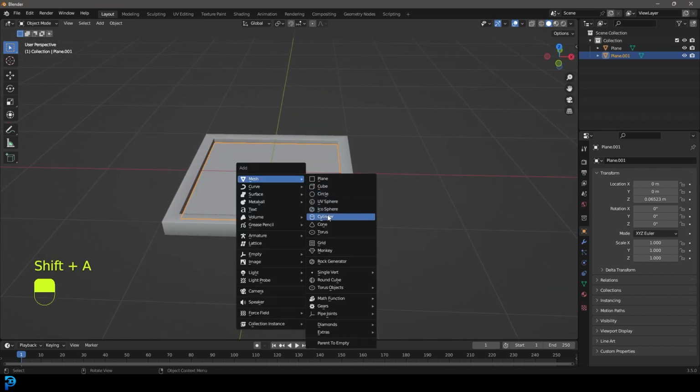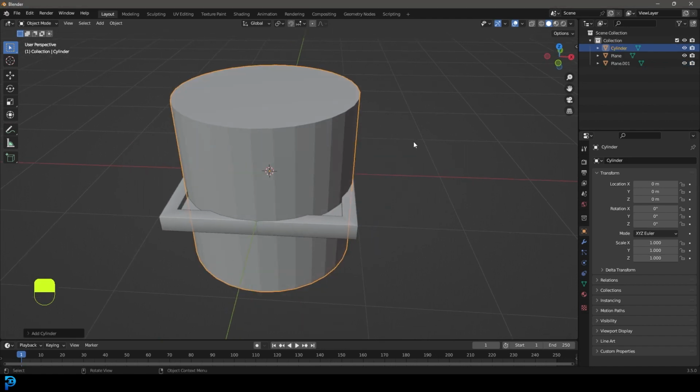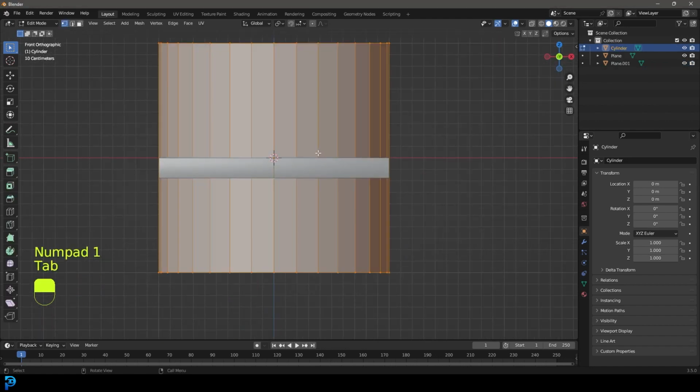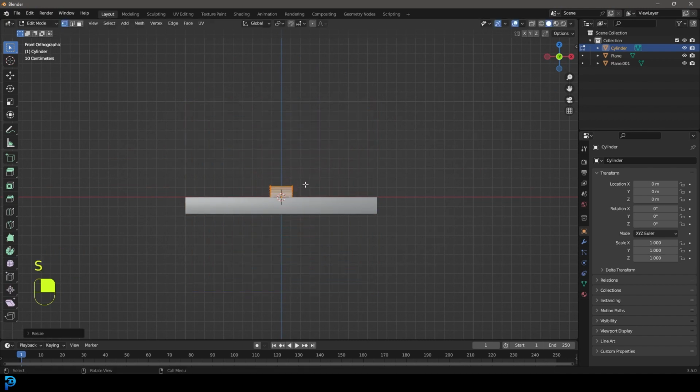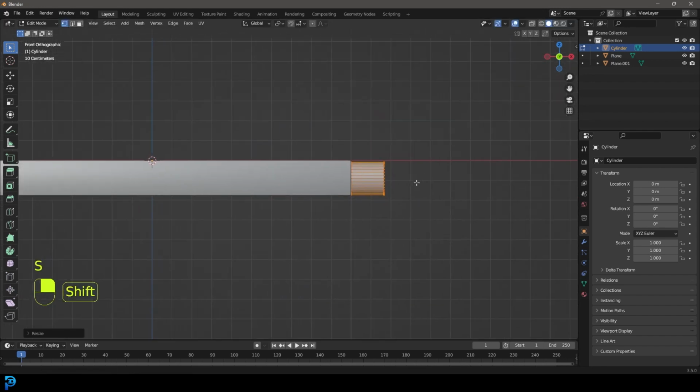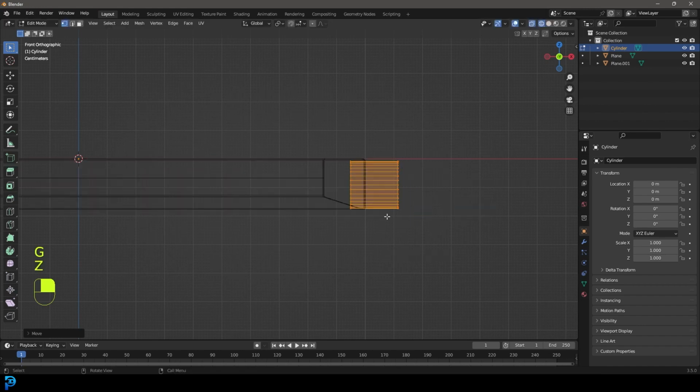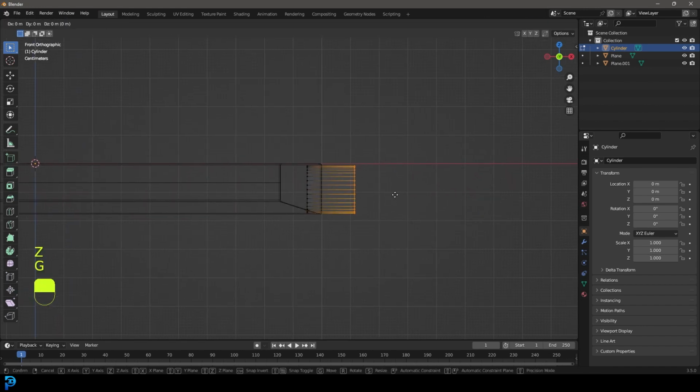And now what we're going to do is we're going to go Shift A. We're going to add in a cylinder. We're going to go into our front orthographic view. We're going to tab into edit mode, and we're going to go R X 90 in our front orthographic view. We've just selected in edit mode. We're going to scale it down. We're going to go G and move it over, and let's place it about here and scale it down a bit more. You guys kind of see where we're going with this,